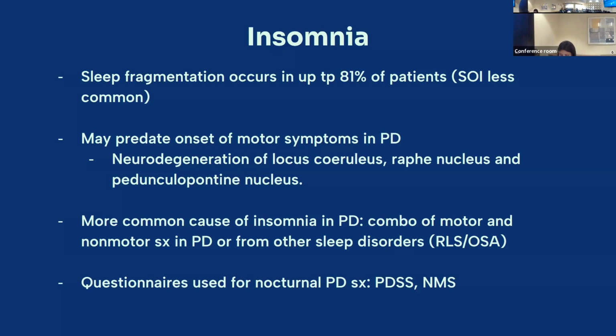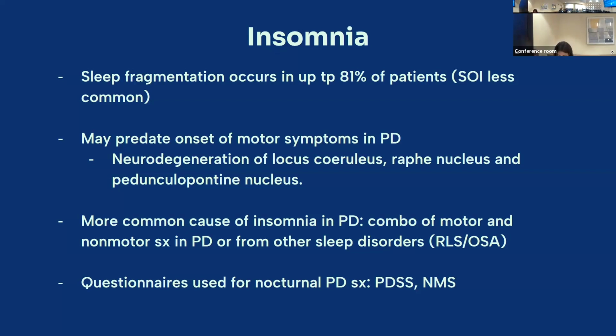So that neurodegeneration of locus coeruleus, raphe nucleus, pedunculopontine nucleus as well. More common causes would be a combination of motor and non-motor symptoms in Parkinson's from other sleep disorders, so things like RLS or OSA, and then these questionnaires are pretty helpful in these patients looking at their nocturnal